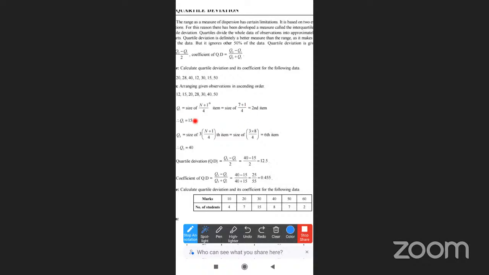So that is size 7. Similarly, the size of 3 into 8 by 4, the sixth item. So in the ascending order, the sixth item is 40. Now quartile